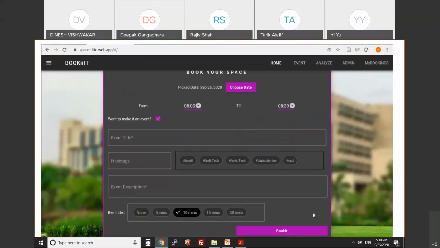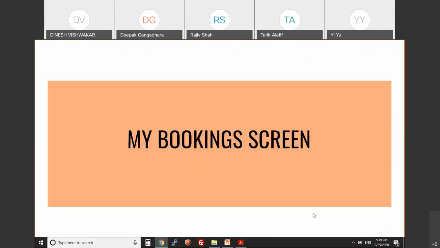Yeah, this one is for the other three, the old academic seminar block, the ones that are controlled by the administration. This also has a feature of making a booking an event. Most of the events in the institution are held in these academic spaces like lecture halls, seminar halls, etc. So you can make your booking an event, which will be shown in the event tab so that everyone can see. Here you can add the event title and all the details.